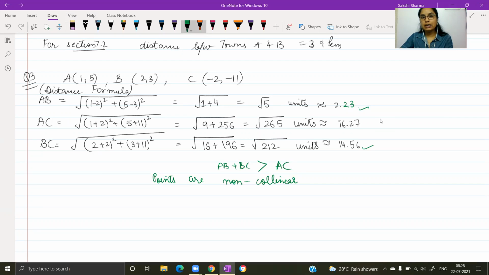Now, just by looking at this, you must have got a little idea why we wouldn't prefer using this if we only need to check whether points are collinear or not. Here you have to approximate. Obviously, if you have large values under the root, you will need extra time to solve those in the exam. But when we are working with the area of a triangle, that formula is quite easy. There isn't much work with roots at all. So there your answer comes. If your answer comes out to be 0, the points are collinear. That means no triangle is formed. They are lying on the same straight line. Else, if you get any answer for the area, the points will be non-collinear.